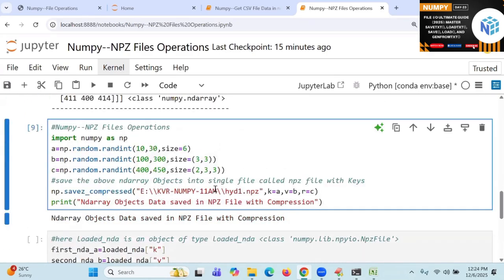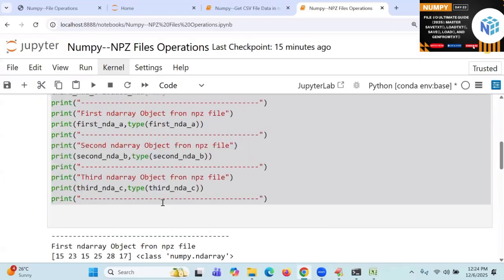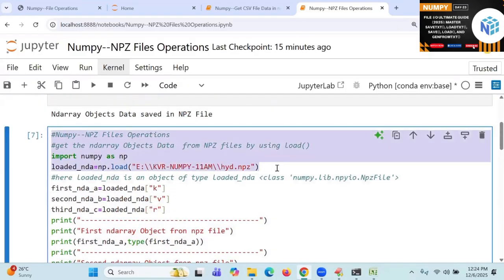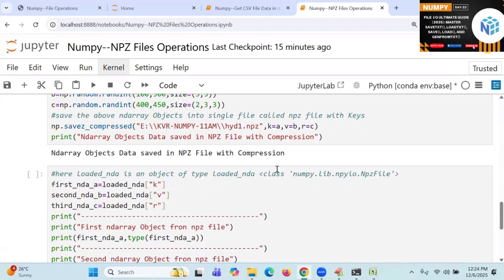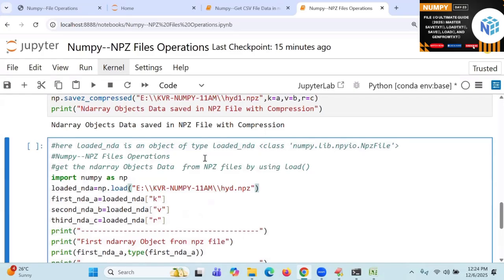So this is the data, the npz file. This file I will go for: loaded_k. I hope it is not missing. I will get this place and write on the path.